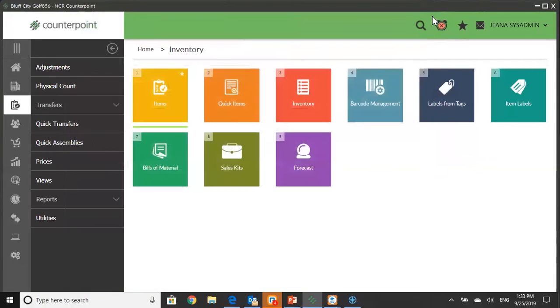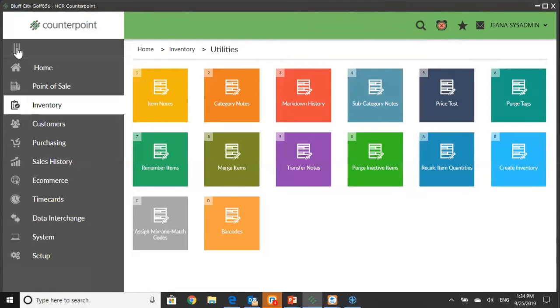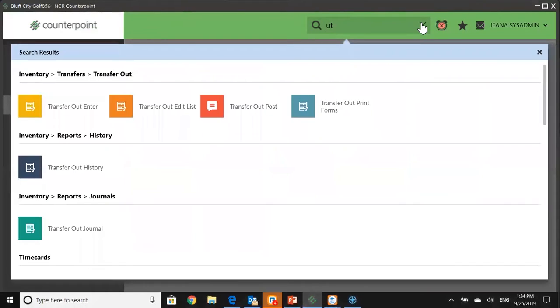So I'm going to close out of here and I'm going to go to Inventory, Utilities. By the way, for those of you on the newer version of Counterpoint, if you don't remember how to get to where I'm at right now, the older version can't help you. But if you do have the newer version and you don't remember how to get somewhere, just so you know, in case you don't know, this magnifying glass here, if I just type what I'm looking for here,